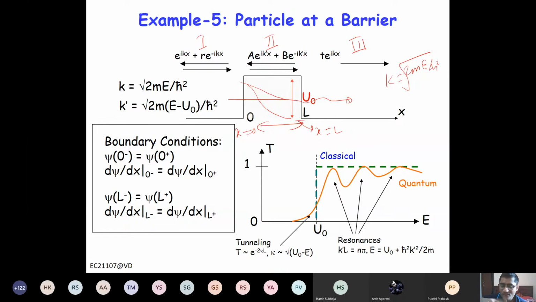But because it's a wave function, we have the inherent property that position and momentum cannot be determined very accurately, beyond a certain limit, h bar by 2. So that means there's a finite probability of the electron entering inside the barrier, but it is not propagating. Let me give you the analogy of a ball. You have many balls hitting each other. If the balls are plumpy, they can slightly push the wall inside, but they're not traveling inside.